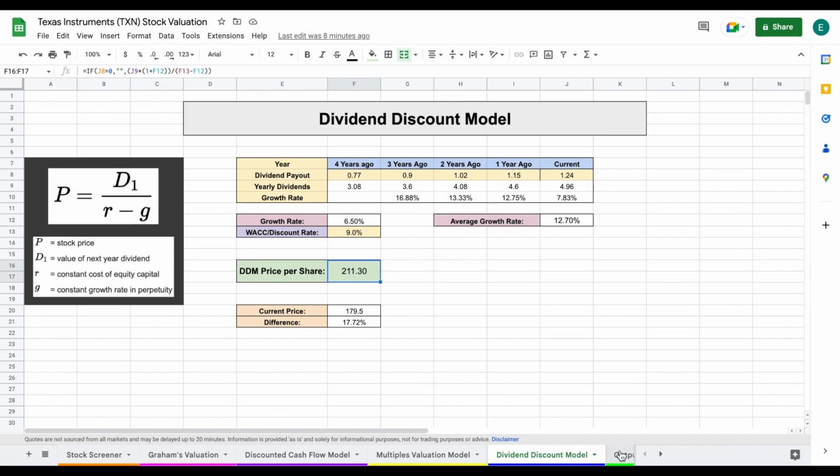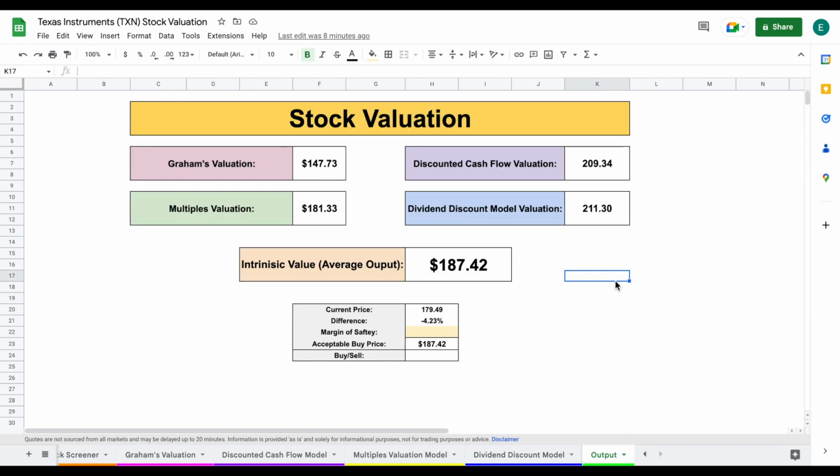Now jumping over to our output tab, we're going to be able to see all four of our valuation models: Graham's at 147, multiples at 181, discounted cash flow at 209, and dividend discount model at $211 per share, which gives us an intrinsic value of $187. Now the current trading price for this company is around $179 per share. So let's say we want to apply a 15% margin of safety. Based upon that, the acceptable buy price for this company is $159 per share,